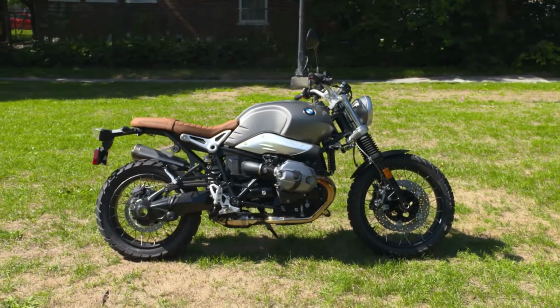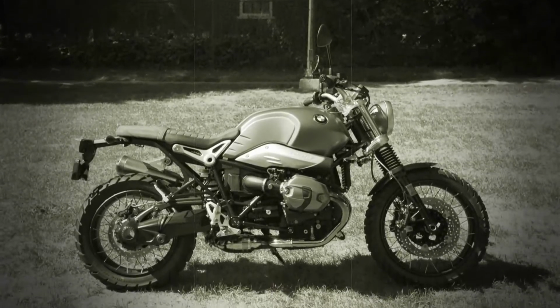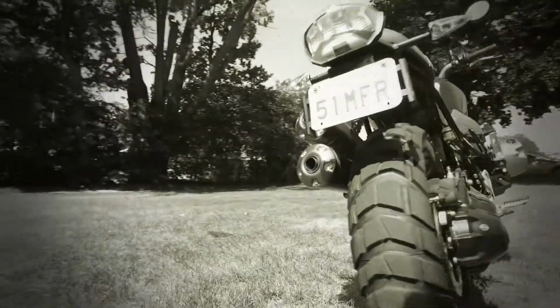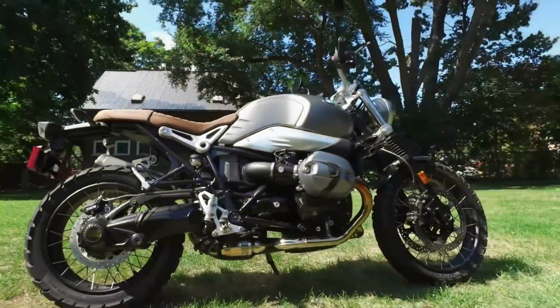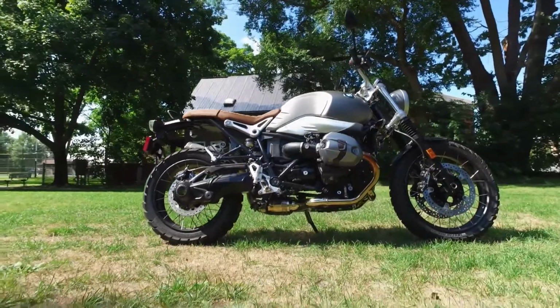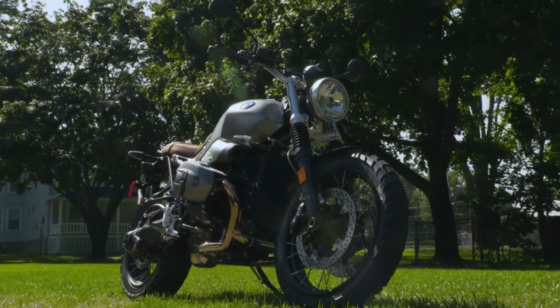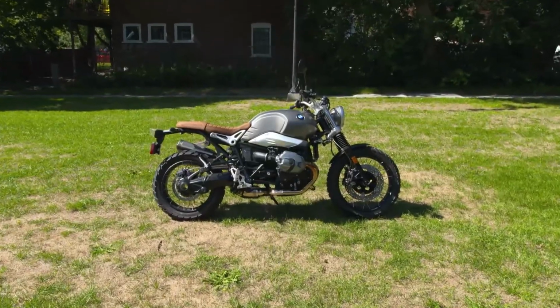All right, before we fire this baby up, let's set the scene. Back in the day, a Scrambler was a modded street bike, a kitted piece, ready to take on the competition at the local hare scrambles. Today, that race-ready off-road look is all the rage, and BMW Motorrad has dipped their toe into the mud with their modded R9 platform. At the heart of this puppy is a classic